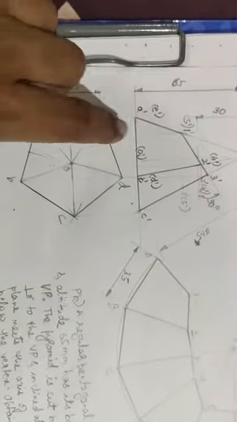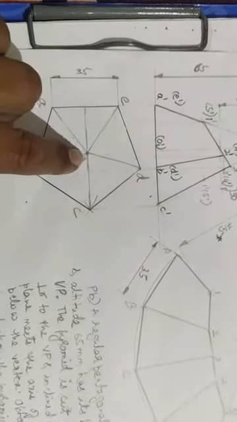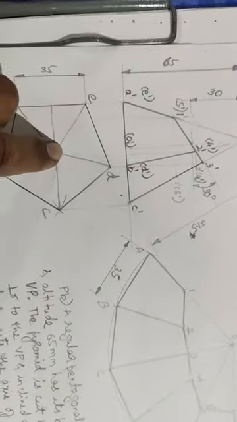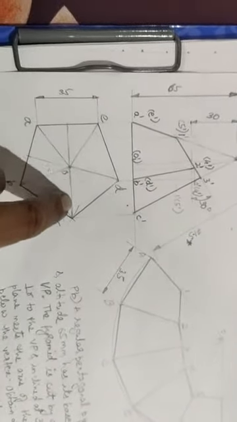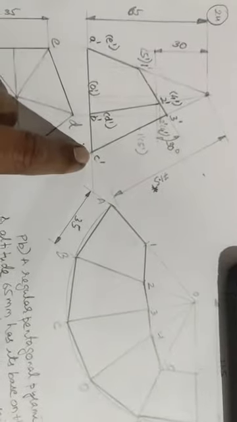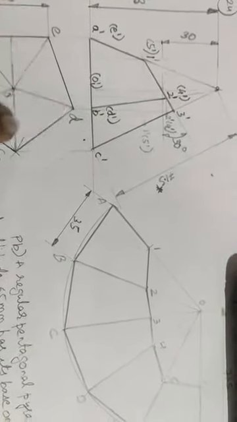Now, as I told you, these slant edges here are making an angle. They are not parallel to the vertical plane or XY line. Only one edge is parallel to the XY line, that is OC. That is this length, OC length. Is it clear? Only that line is parallel. So now what you have to do, you have to project.